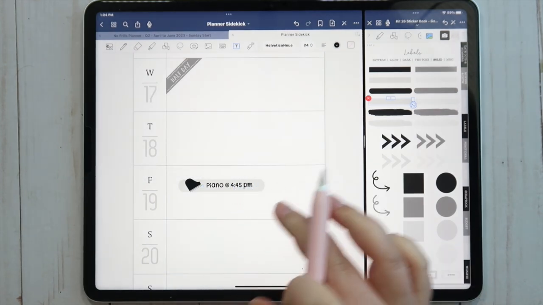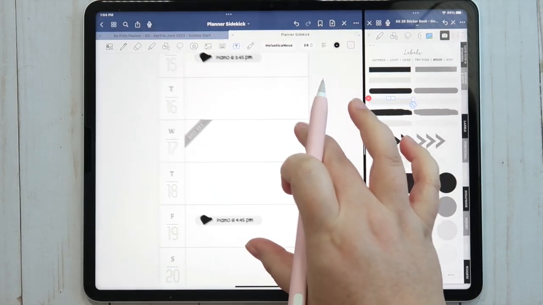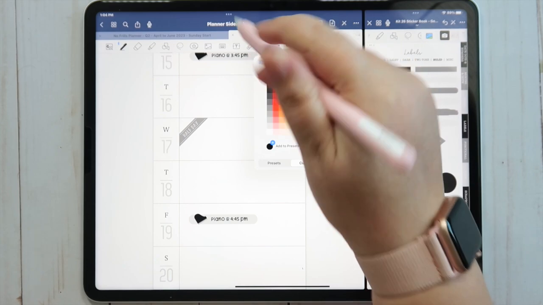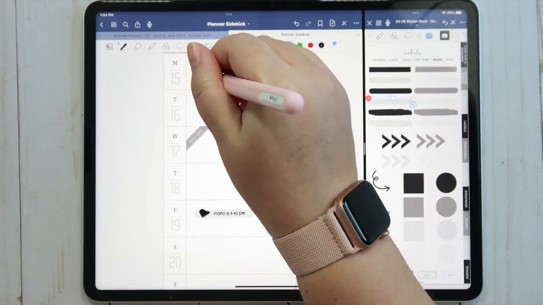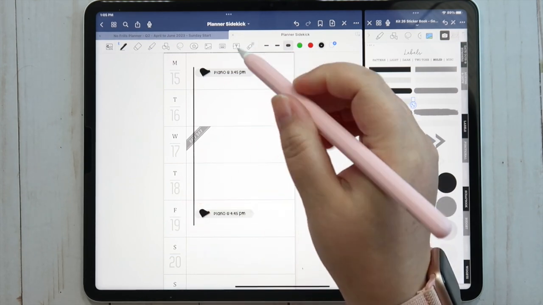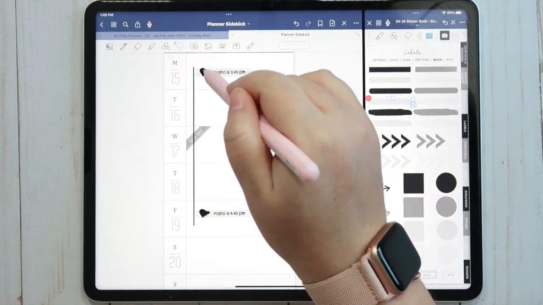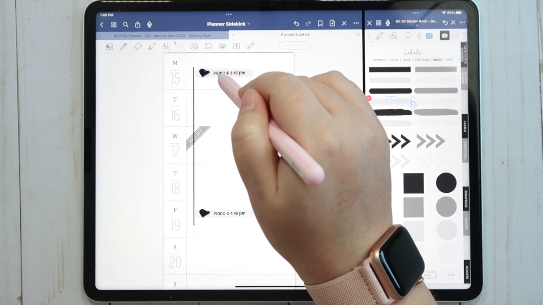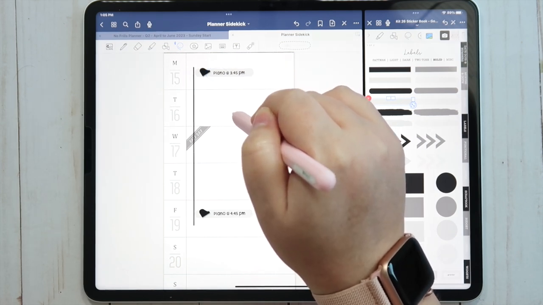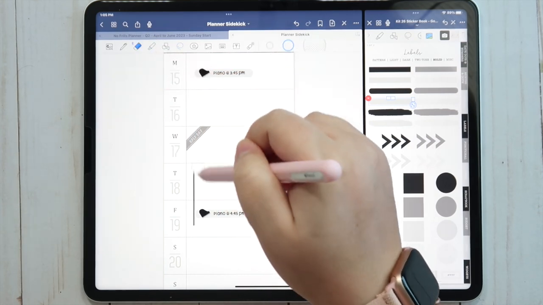Thankfully, we were able to move Maddie's piano this week because we have our double date, so we weren't able to have her go to piano at her normal time. So she went yesterday.